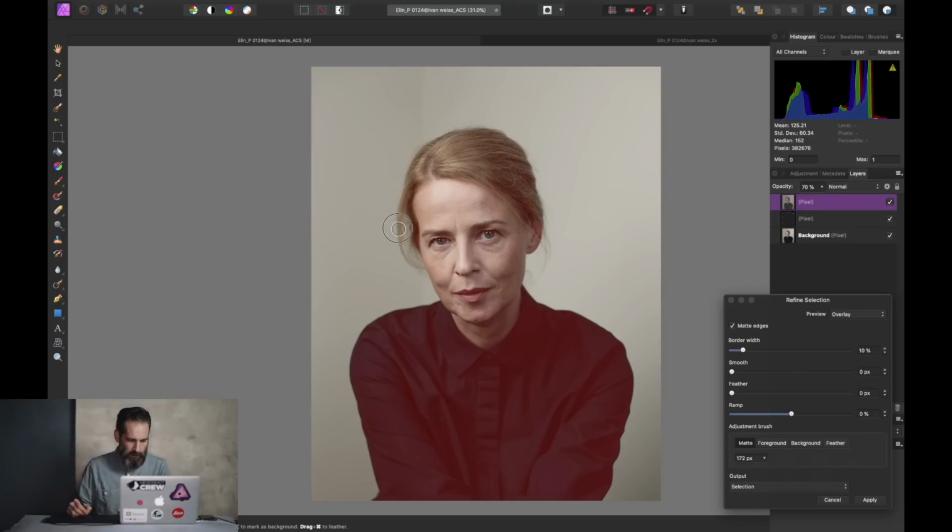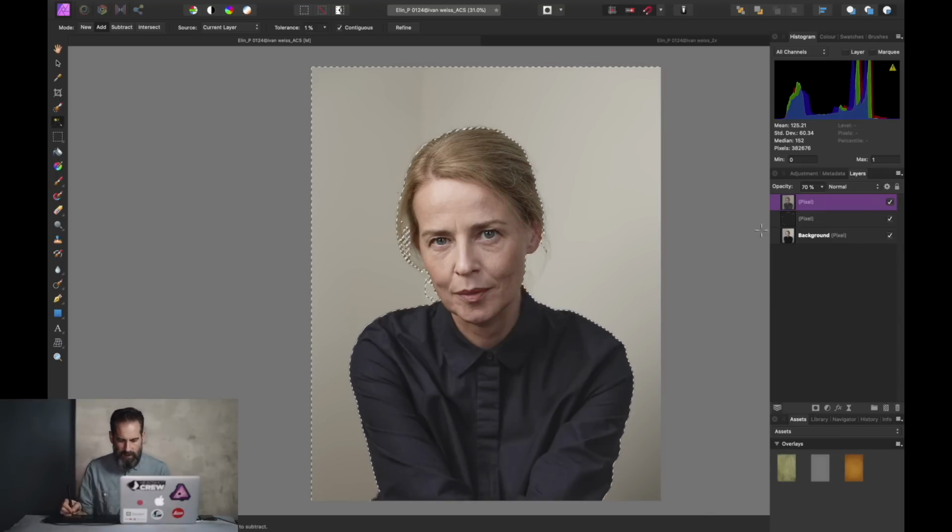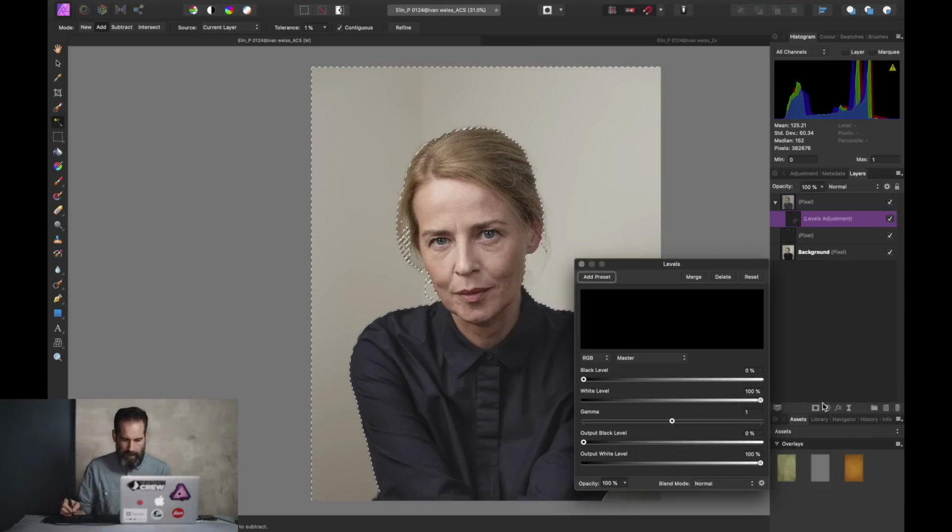Come down here and get into that bit where the hair is a little more transparent, and then just finish that off by coming down here and let Affinity do the hard work of making that selection. There we go. I'm now going to apply, and using that selection I'm going to open a levels adjustment, and